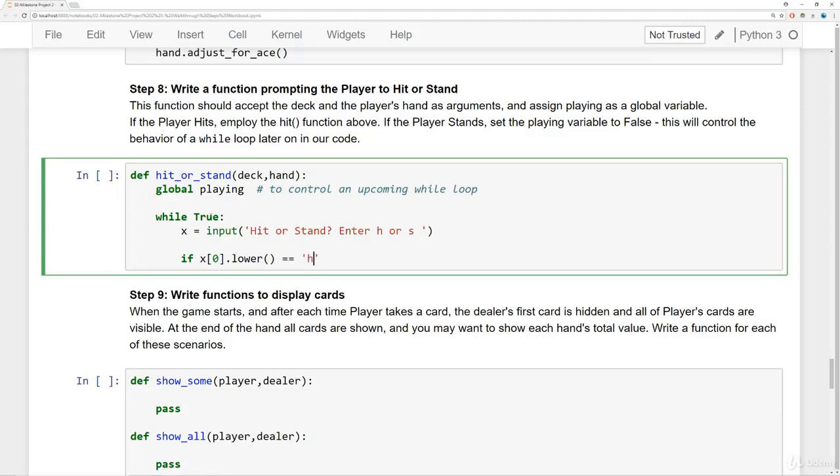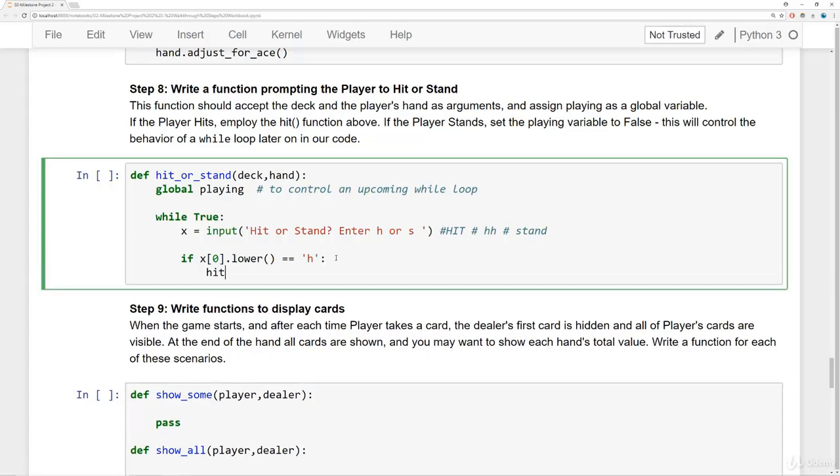So why am I doing this? Well, maybe someone is going to misunderstand this line and then type out something like hit or something like hh. Maybe they do lowercase stand. In that case, what I'm going to do is be able to grab the string, grab the first letter of it, lowercase, and say if it equals h, they probably meant to hit. So I'm going to say hit from the deck on their hand,